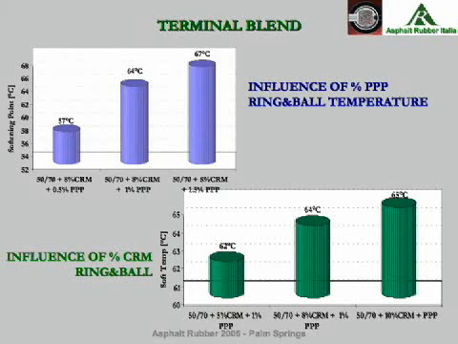To what concerns the influence of the percentage of polyphosphoric acid on softening temperature, we had the same result. Increasing the percentage of polyphosphoric acid, we can see that we have a higher softening temperature. But we can take the same conclusion by keeping constant the percentage of polyphosphoric acid and increasing the percentage of crumb rubber.